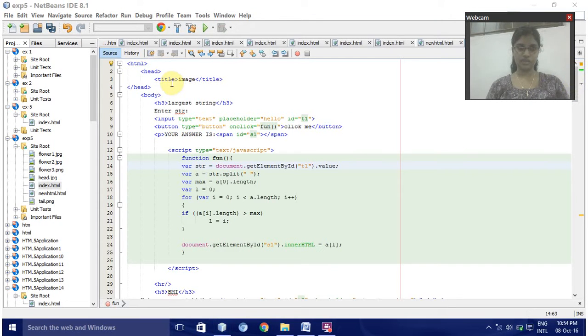In this fifth experiment, we have two scenes on the largest string experiment we have created. First we are using HTML, then head and title. We are creating these images inside and closing the head tag, and this body is for finding the largest string. For this, using the enter the string and input type we have created, type text, placeholder hello